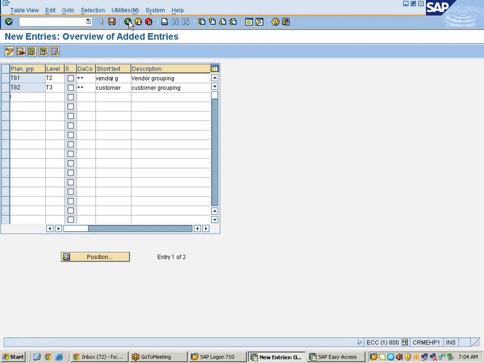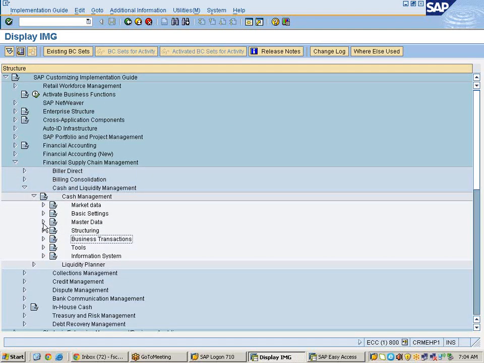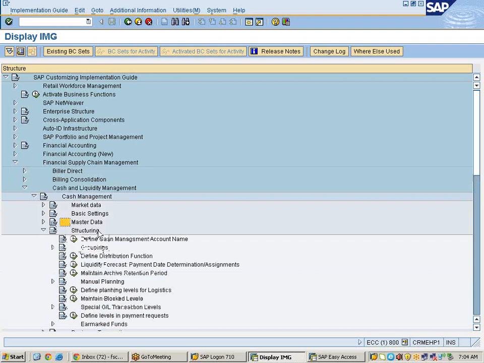So this is all about planning level and also integration of planning level to the ledgers and also the grouping. Now based on this data, we need to update the structuring. In structuring, what we are going to discuss, just I will give the overview. Here there are two methods. One is automatic method and also manual method.